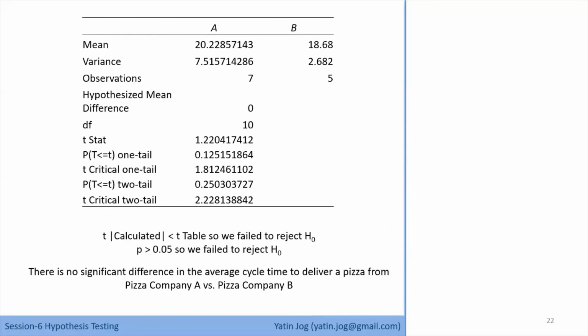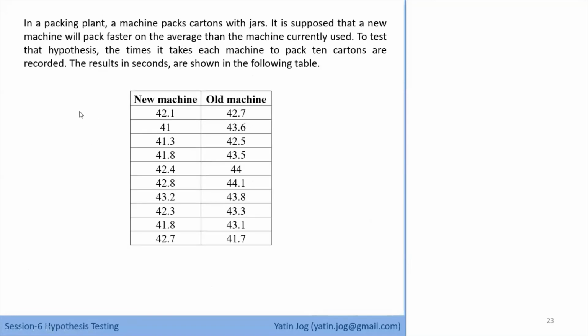Yes, sir. Okay. So now considering that you have understood independent sample method, next problem is this. Again, the data set is given to you already. Try to solve this problem. First, formulate H0, H1, and then calculate the variances, look at them, whether they are similar or not, and then use appropriate method and then calculate it. So first thing is H0 and H1. Tell me what is H0 and what is H1. There is no difference in time taken by the new machine and old machine.